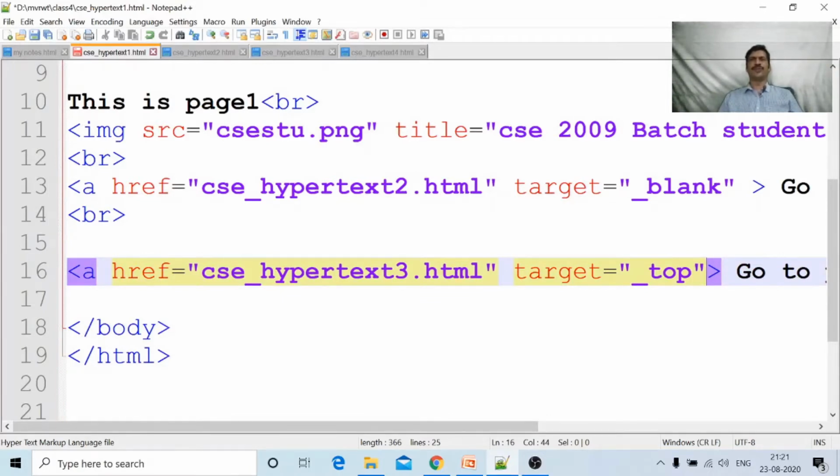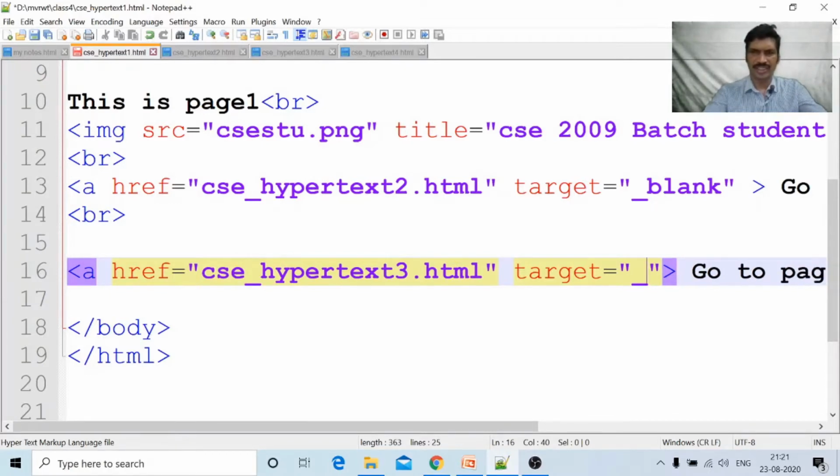Four values, only four values. It is not possible to give target equal to 1, target equal to 3, target equal to 4. Target takes only four values: _self, _blank, _top, _parent. I will cover the _parent attribute at the time of covering frames. Among all these, the default value is target equal to _self.